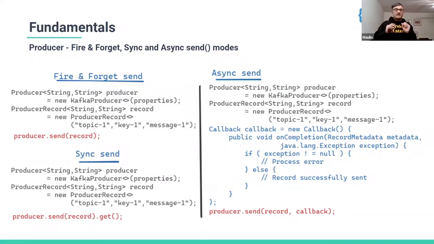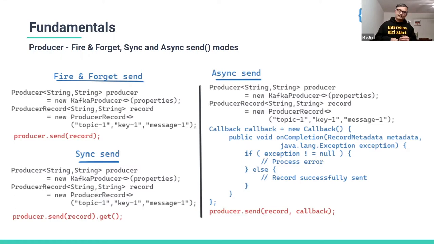If you get an error, the producer doesn't get to know, and that's why it's called fire and forget send, which practically is most likely not used at all, I hope. But some cases are really fire and forget, then you can use it.